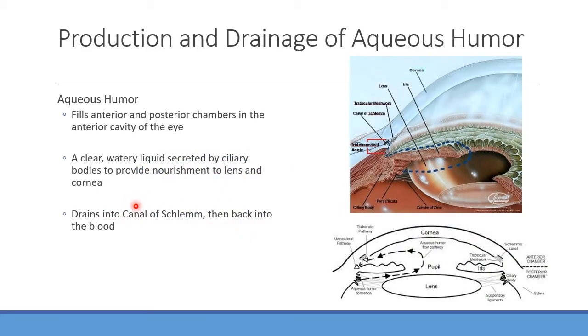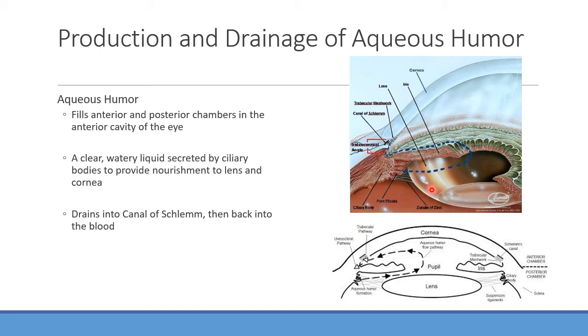All right, so normally you're going to have the ciliary body making that aqueous humor. That's going to be one of the big components that will dictate glaucoma, a lot of the pressure building up in the anterior cavity. Aqueous humor is produced in the ciliary body, flows over the lens, over the pupil, and then to grandmother's house it goes. Not really. Actually it goes into the canal of Schlemm, which is one of my favorite organs of the body. It then drains into the rest of the venous circulation, right? So again, the lens is avascular, but we need that flow of aqueous humor to provide oxygen and nutrients to the lens itself, because those are still living cells.